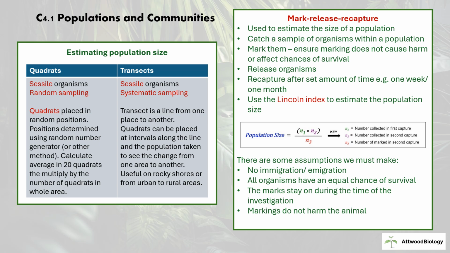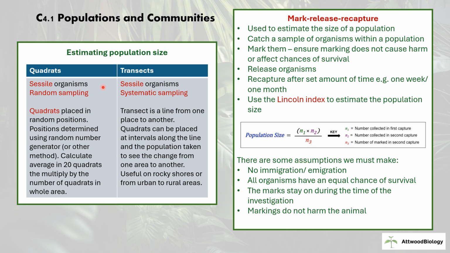With quadrats, you can sample sessile organisms. Now, sessile organisms are organisms that aren't going to move very much or at all. So plants, for example. And quadrats are used for random sampling. So we're taking a random sample, we're removing bias by using random sampling, and we will estimate the population from